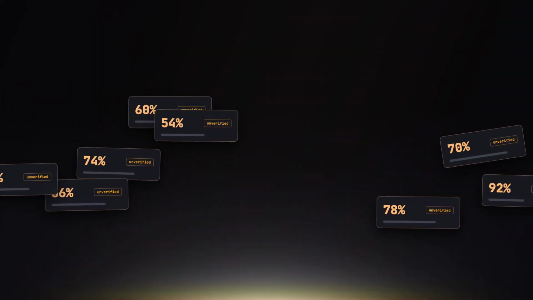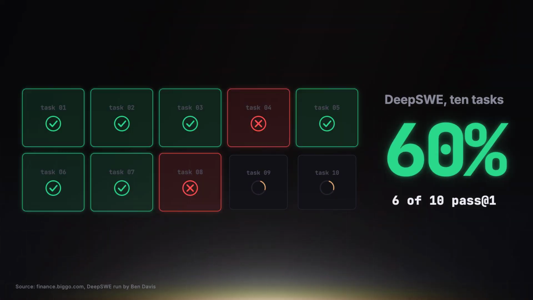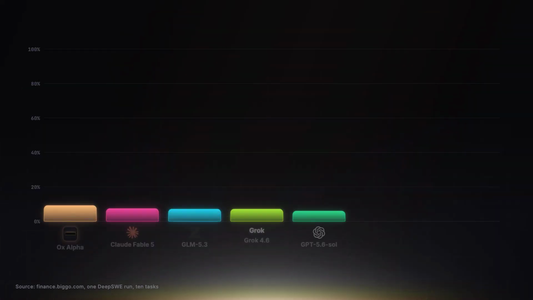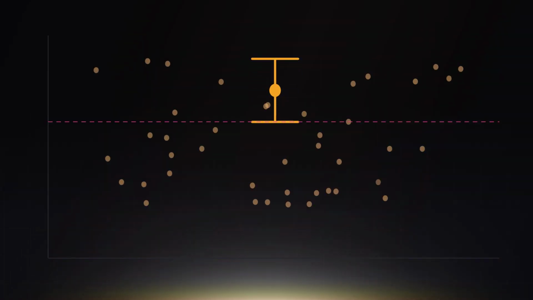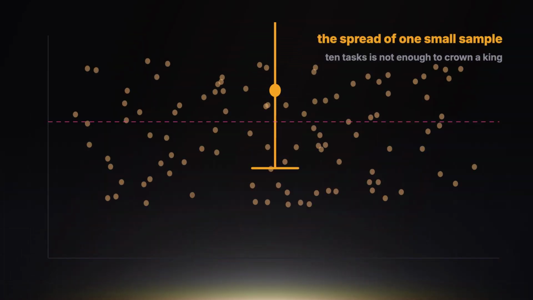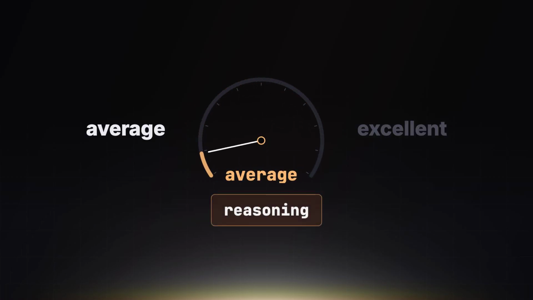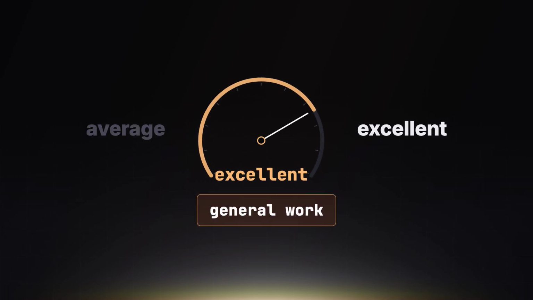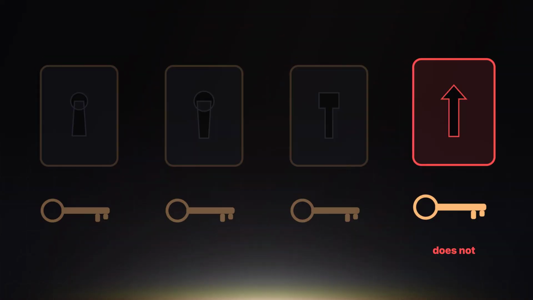There are already community benchmark claims flying around. One small coding run had Aux Alpha solving 8 out of 10 coding tasks. That sounds spicy. It also needs a seatbelt. 10 tasks is not enough to crown a king. Community benchmarks can be useful, but they can also be noisy, prompt sensitive, and hard to reproduce. Aux Alpha might be genuinely excellent. It might be excellent at long coding tasks and average somewhere else. It might also fall apart in another harness. The number is interesting. It is not the verdict.